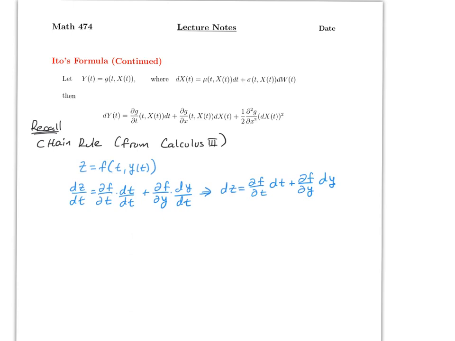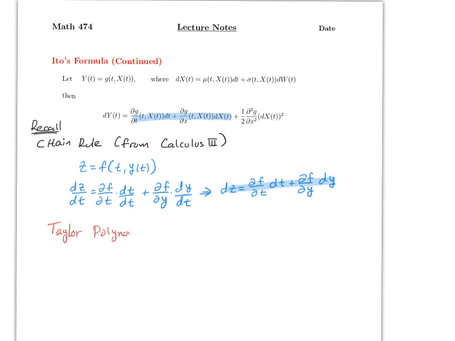And notice the similarity between this part and this. It's exactly the same thing, even though this is random and this is not random. But notice that this one has an extra derivative. And as I mentioned before, this had to do with the quadratic variation of the Ito process or the stochastic process. But just to refresh your memory, you remember the Taylor